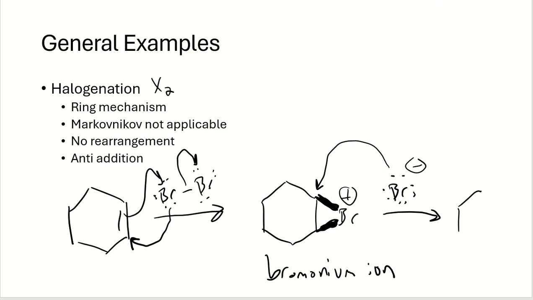And the bromine adds anti because the first bromine added as a wedge, so the second one has to add as a dash. It has to add from the opposite side because that's the only space in which there is room. The other bromine is going to get kicked out and be a wedge on the other carbon. So when you add X2 to a double bond, you're going to add one of them as a dash and one as a wedge. Again, when you draw your flashcards, I'd recommend 2, just so you can show the point on both: that in one scenario,